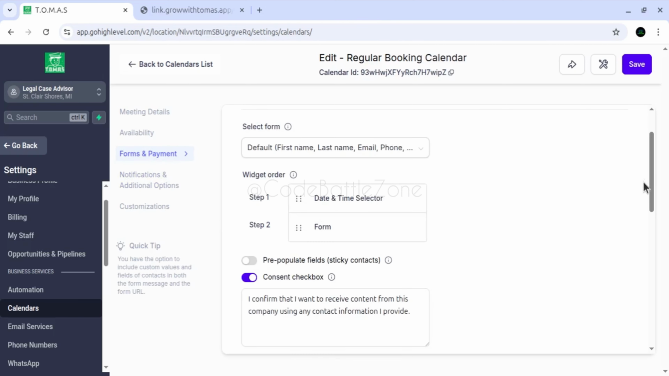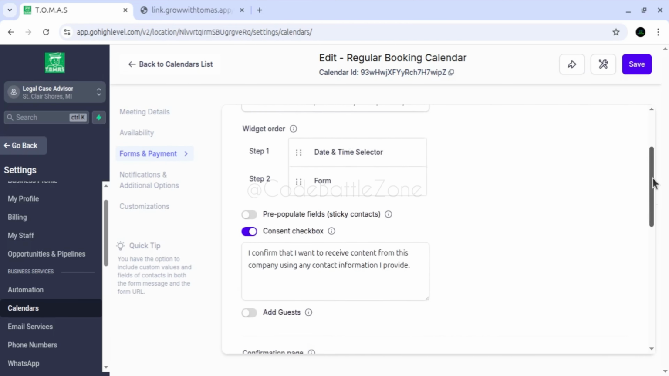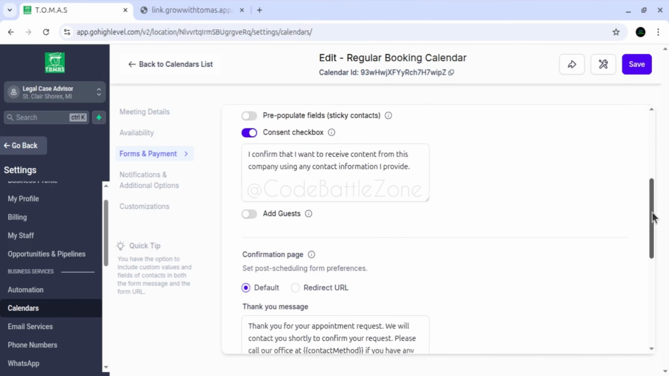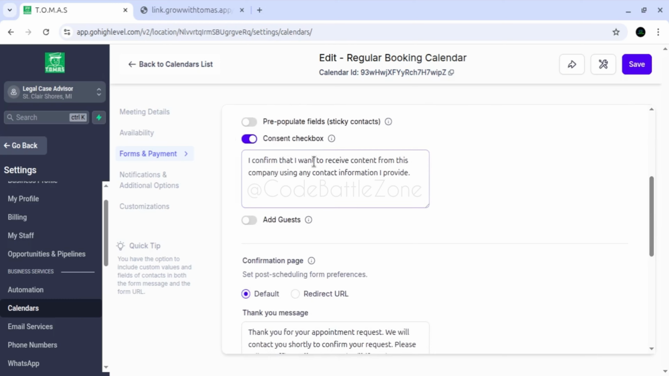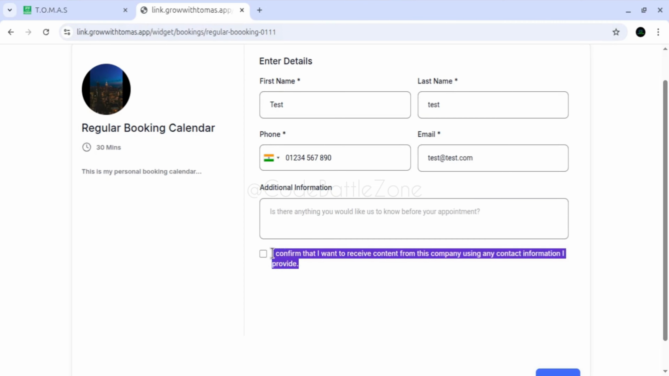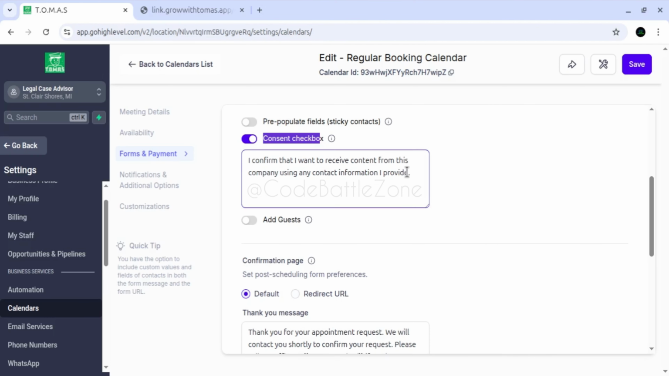Okay, let's go to the form. Some payments, there are some other points as well. Consent checkbox. See, the consent checkbox means this checkbox. You can manage the checkbox text as well, like if you want to add some privacy policy link,